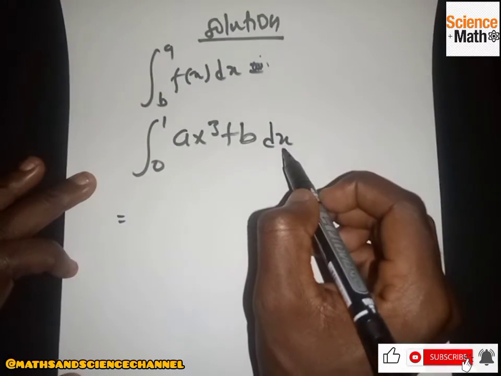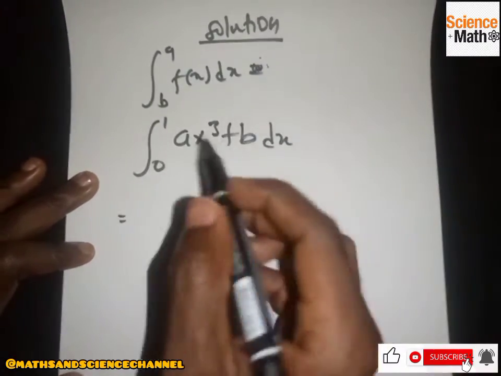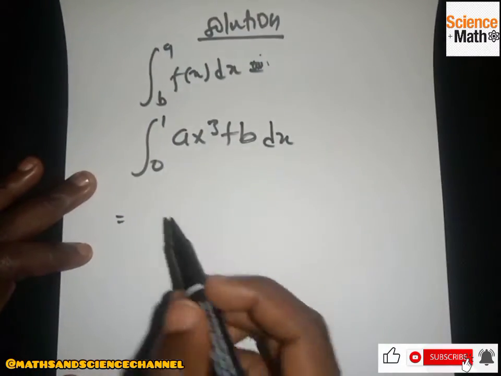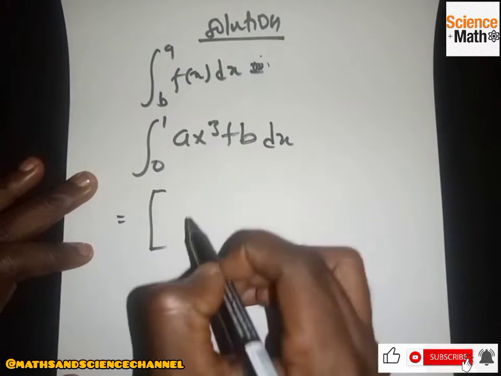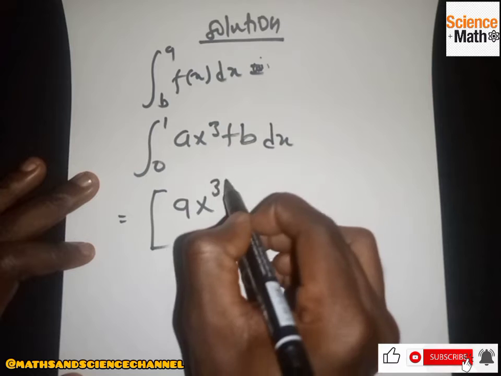So whatever other variable is there is constant. So a is still there, we add 1 to the power,